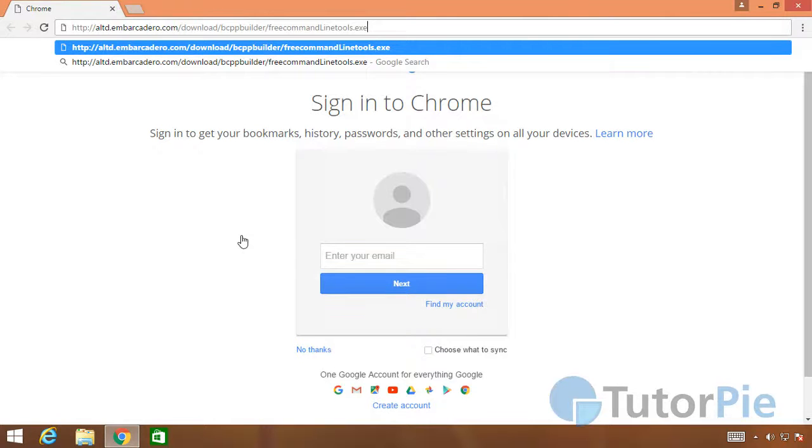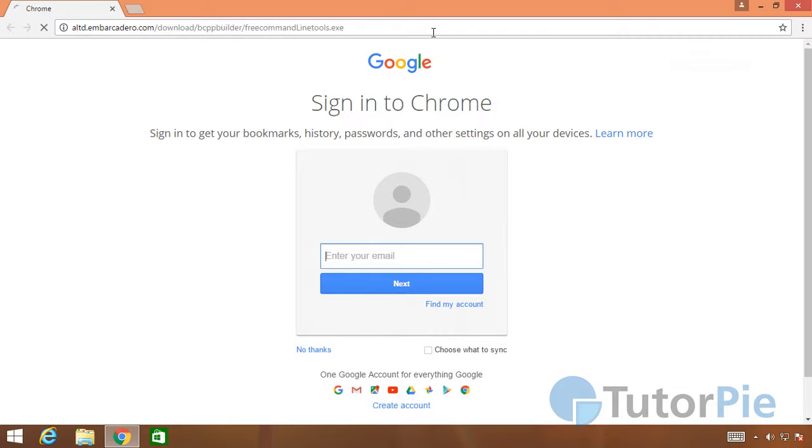Now to download the Borland C++ compiler, just click on the link I have provided on the page. So this is the link I have provided you, and it will start downloading the compiler. Right, it's downloaded, so we'll open the file,